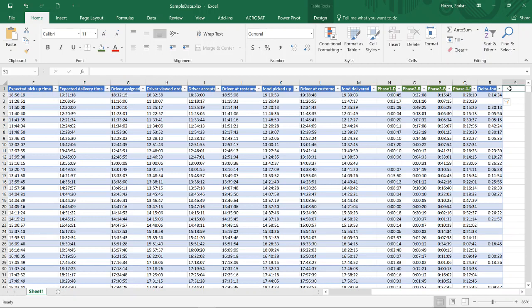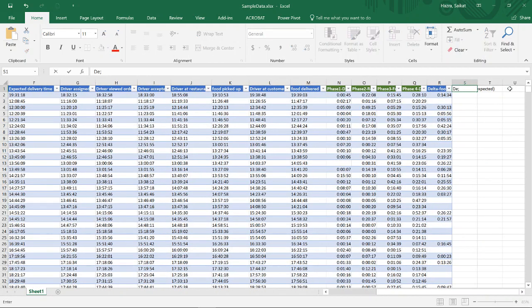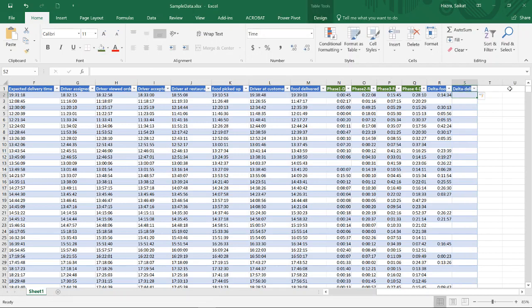So again, it might be that the food was delivered before the expected time. So we would be using an if condition before only. Fine. So delta delivery actual minus expected. Okay,